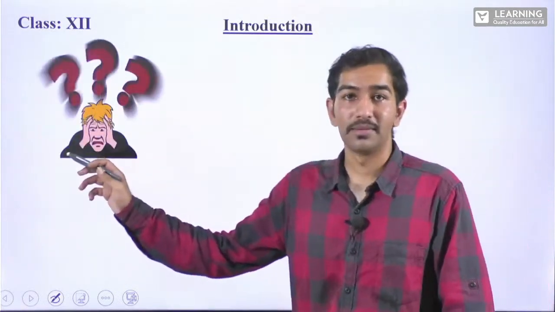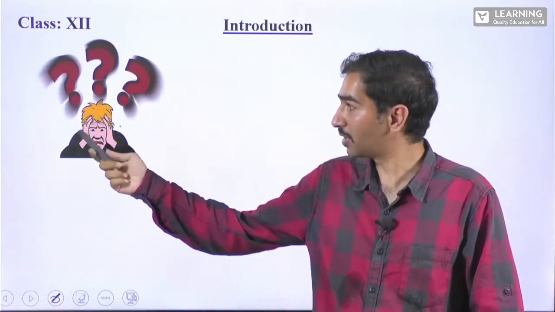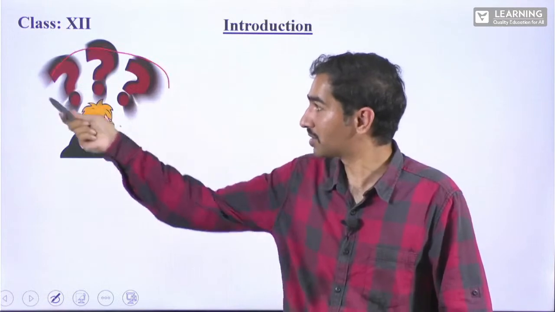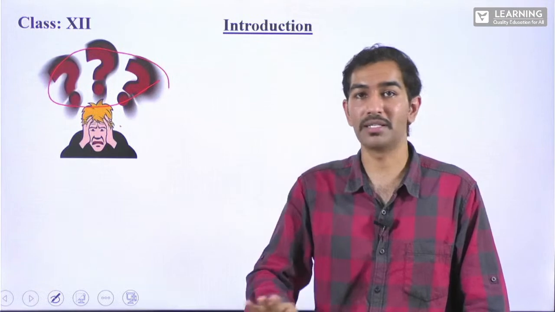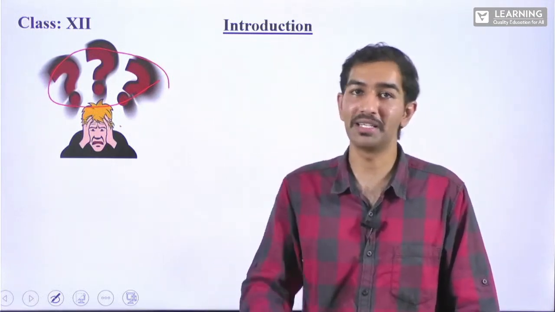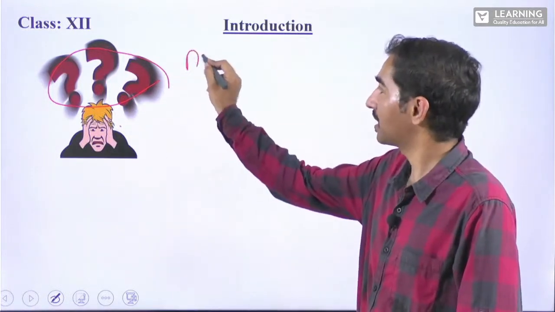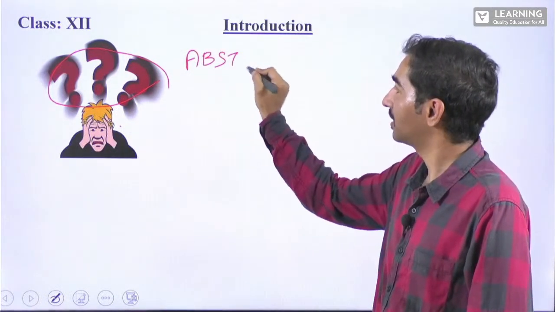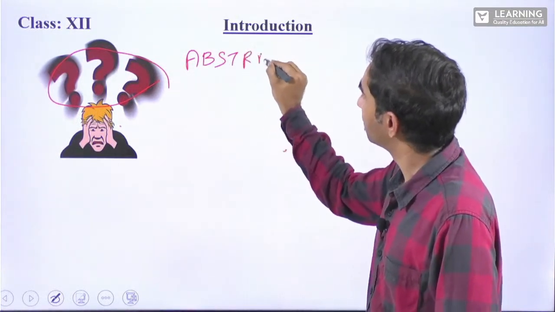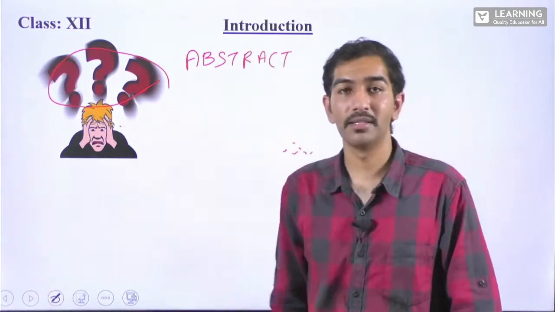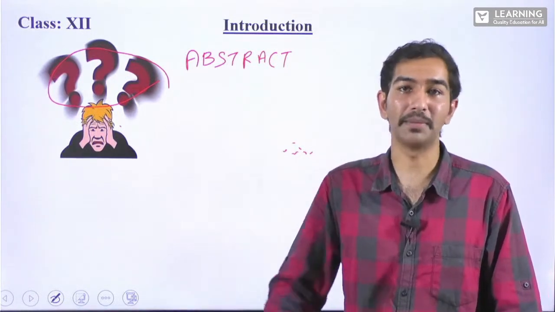What can you see here, students? There is a boy keeping his hand on his head and he is confused. Why is he confused? He is not understanding mathematics. No need to understand it. Math is imagination, students. It is not existing. As I said, math is abstract. Correct? Math is abstract, which means it is not existing. It is just an idea, that's all. You cannot physically feel mathematics.